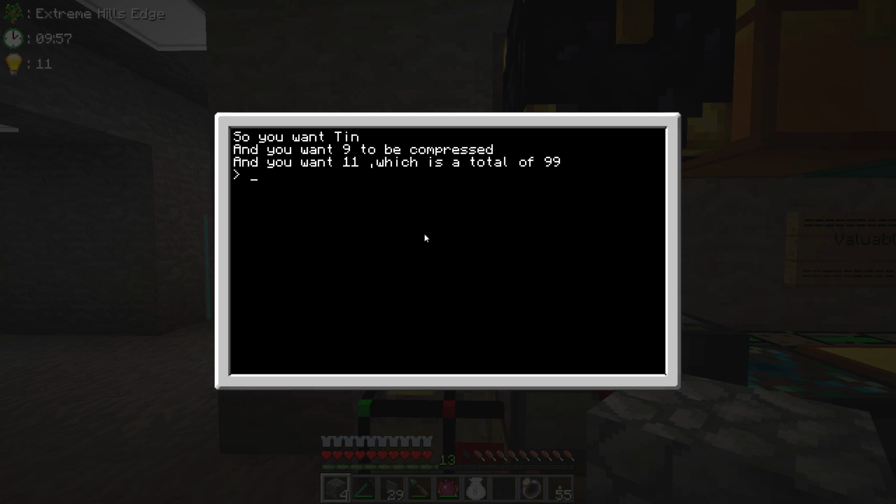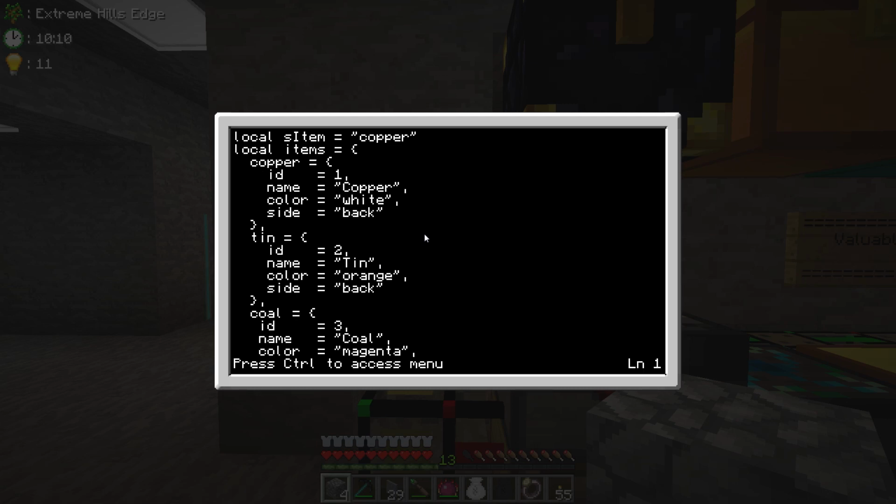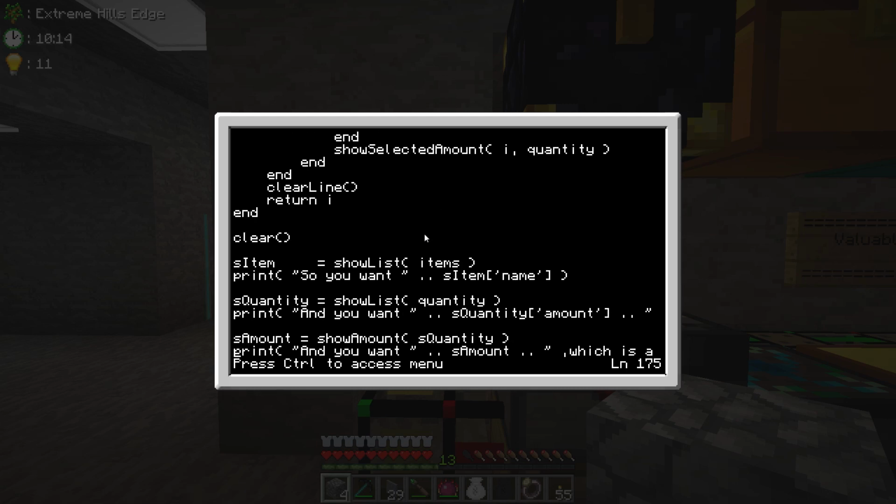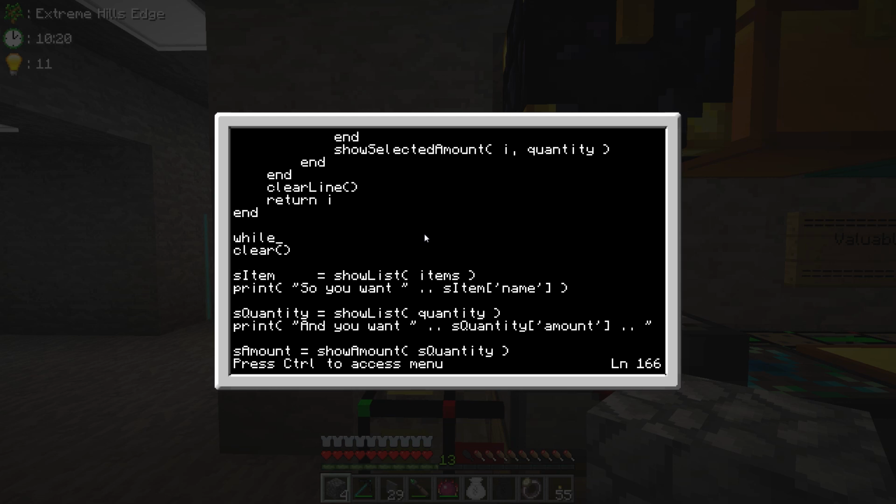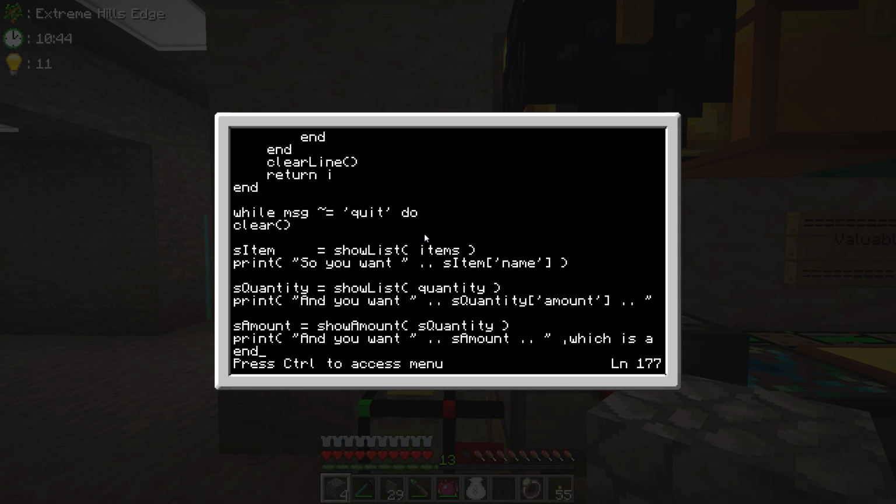Now, I want to go back to the beginning of the question and start all over again. Let's see, edit isn't in there anymore. Edit compress, and we're going to send messages to the computer which is going to handle this. So for now I will do while message doesn't equal quit, then do, and we're going to add an end. Now it doesn't know the message,